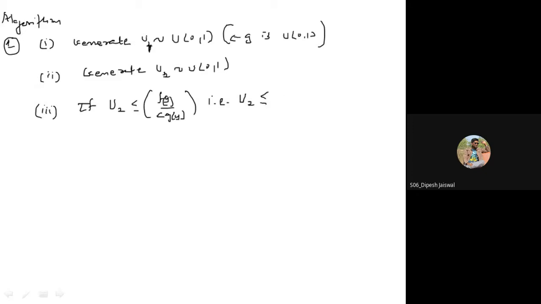तो y को यहाँ पे हमने क्या कहा है? u1. तो it is u1 square, then x equal to u1, otherwise repeat step 1.